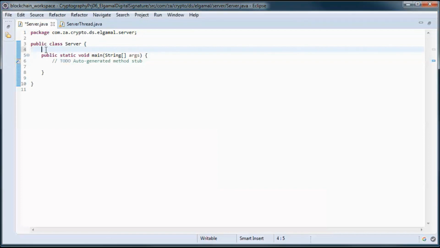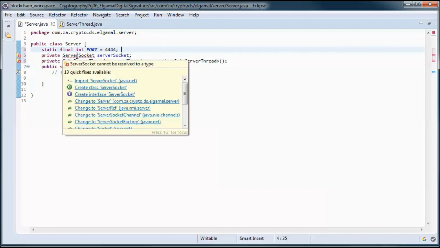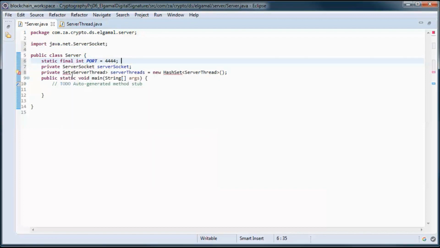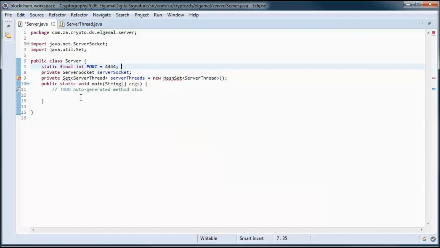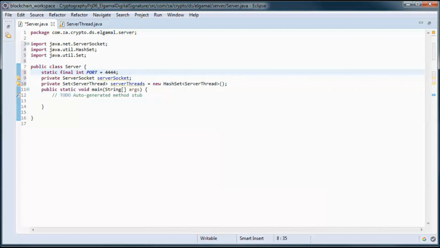And the server will be listening on this port, and it has two instance variables, a server socket and a set of server threads for handling communications between this server and the different clients that it is interacting with.